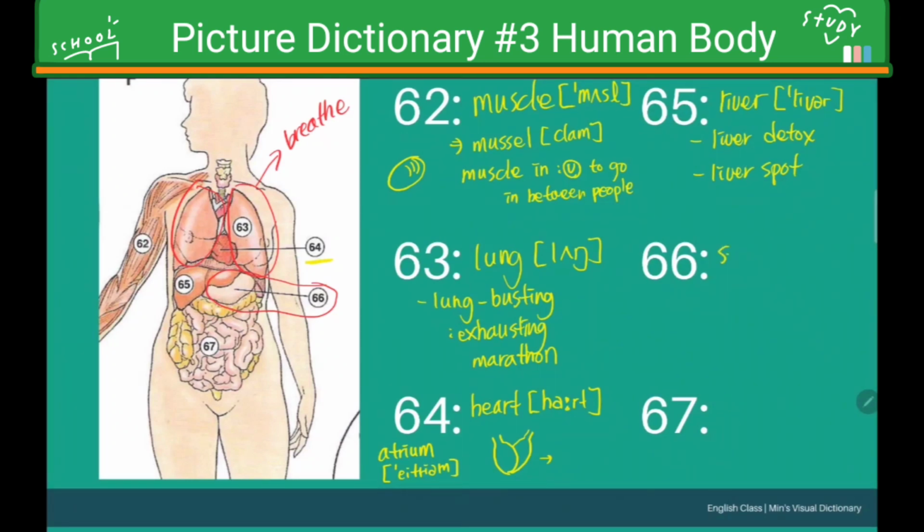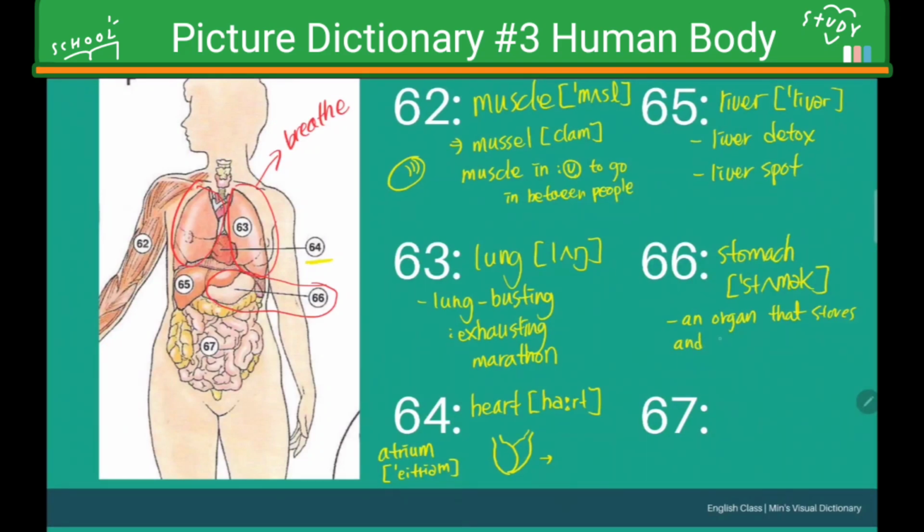So this one is our stomach, okay? And the pronunciation is stomach, stomach. So this is our organ that stores